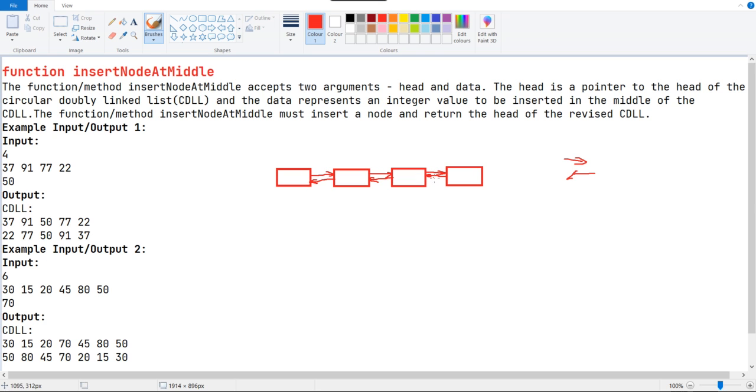If it were just a doubly linked list, but it's a circularly linked list, right? So the last node has a connection with the head node or the first node, and the head node has a connection with the tail node or the last node. So this is how it should be. Here the value 37, 91, and this is 22. The reason I am pronouncing the numbers is that you may not be able to understand my writing. I'm really bad at writing.